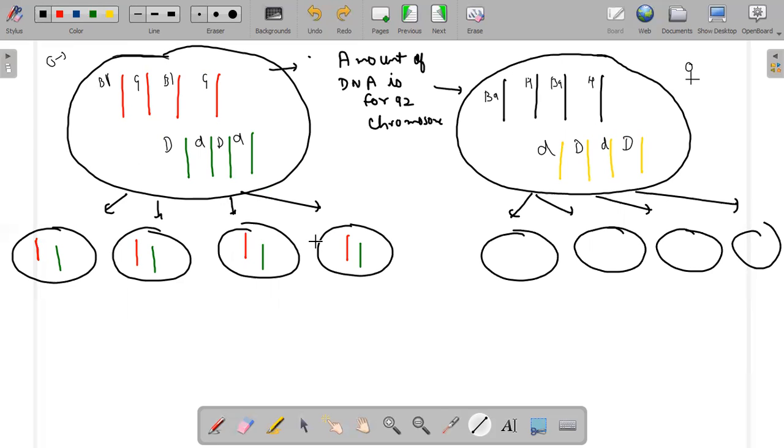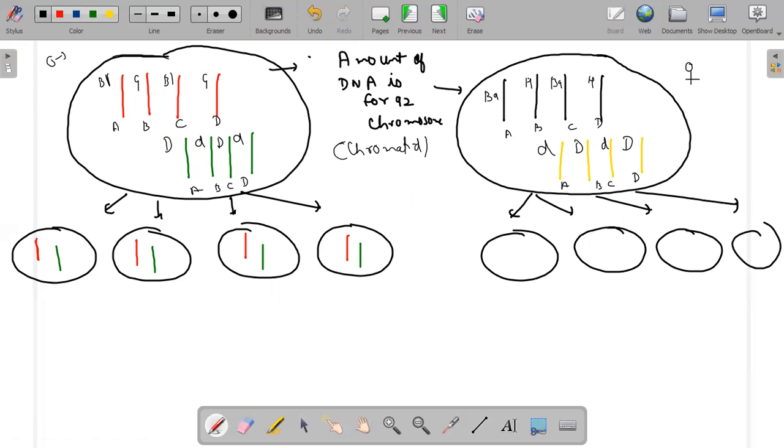These are not chromosomes right now, they are chromatids. So they are actually chromatids now. Any random red one can pair with any random green one. So if I mark A, B, C, and D here, and A, B, C, D here, then A can go with B, B can go with C. The red one and green one, any random can pair. So any random can go with any random one.